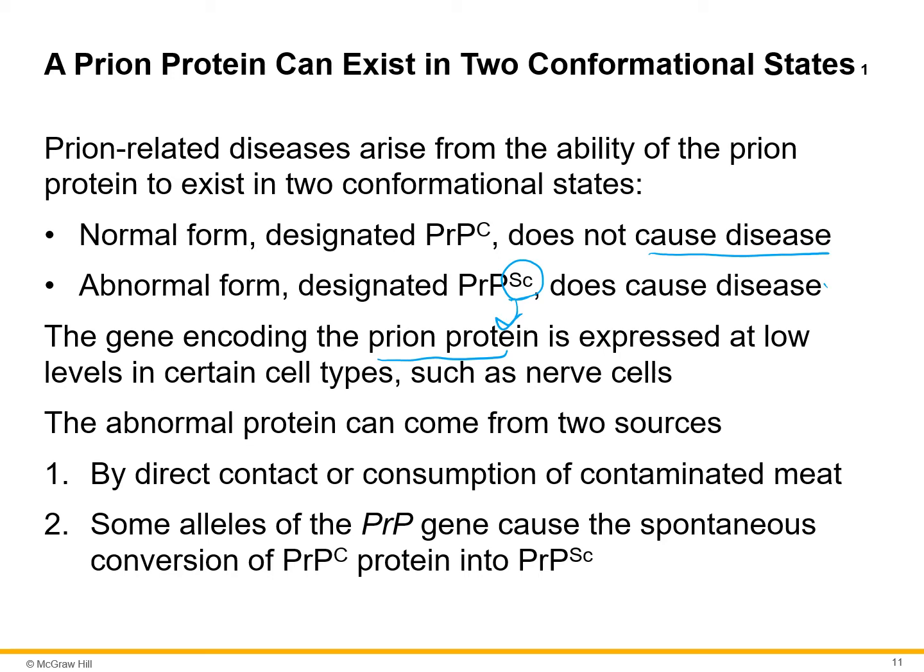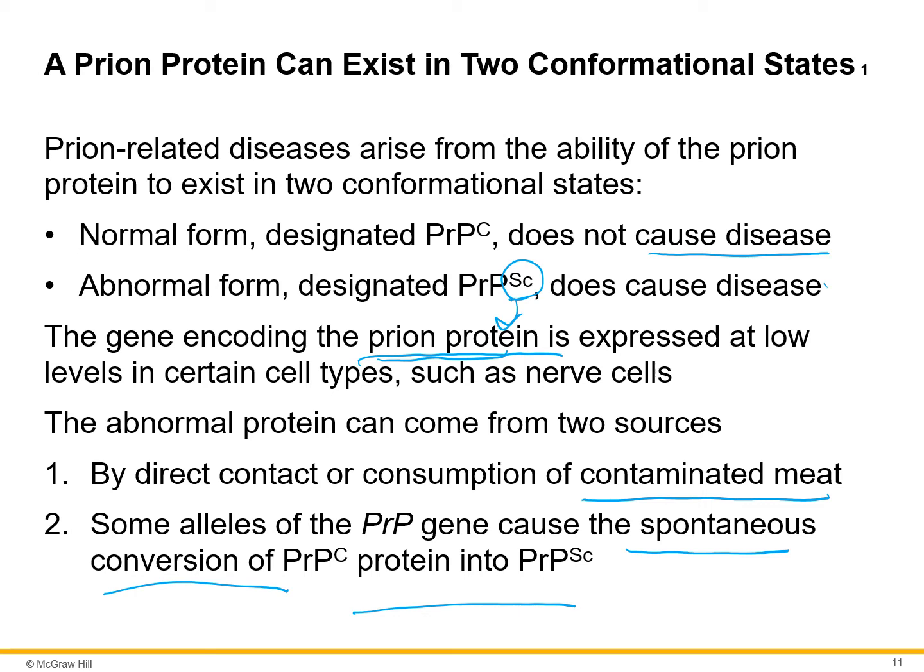But what happens is if you have a normal cell exposed to this abnormal prion protein, it can cause the spontaneous conversion of normal proteins to the abnormal proteins. So that's why it's kind of like an infection, because if you ate meat, say from a cow that had mad cow disease,